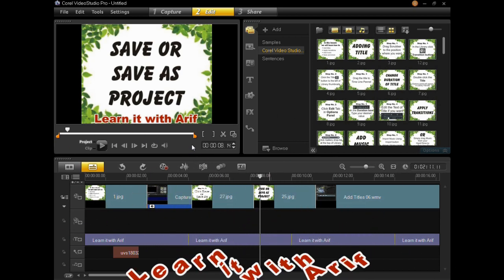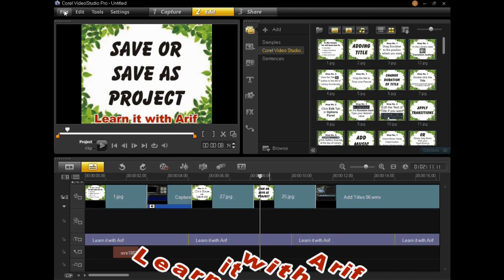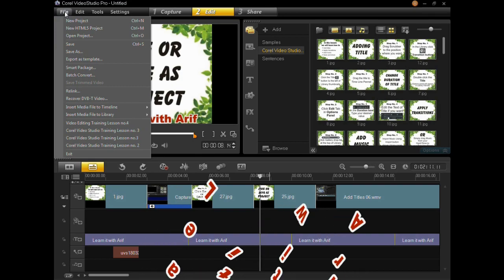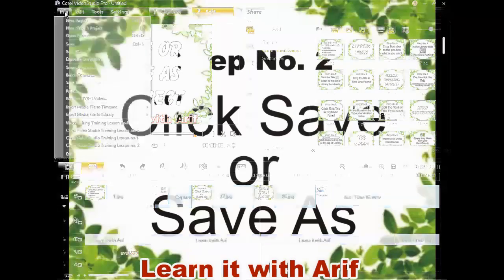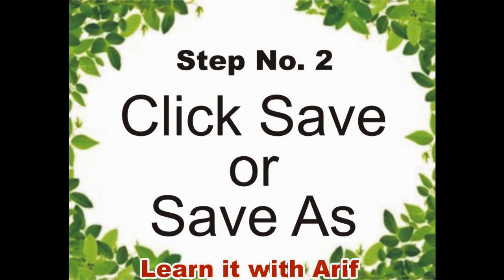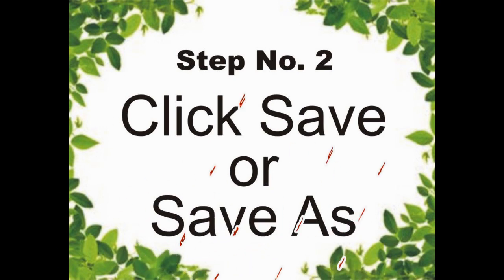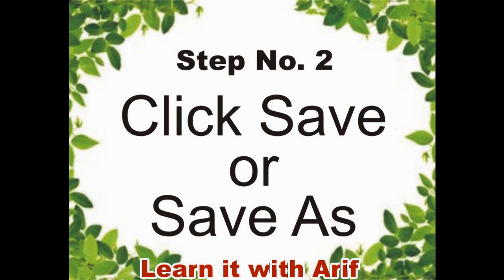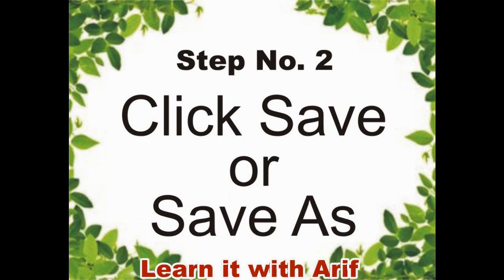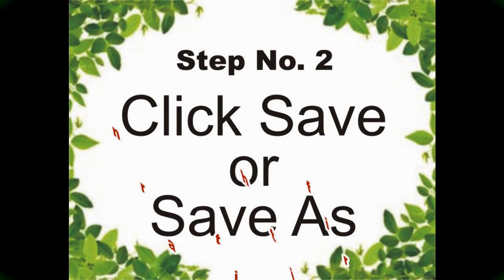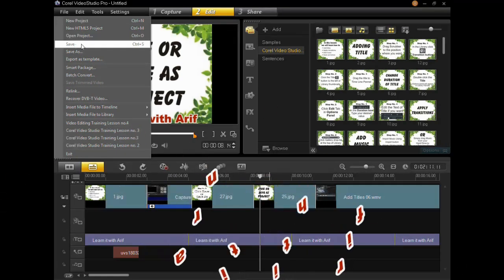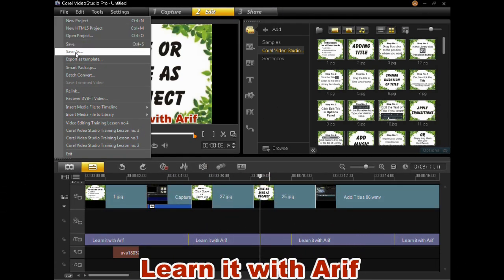To save your project, in the menu, click File, click Save or Save As.